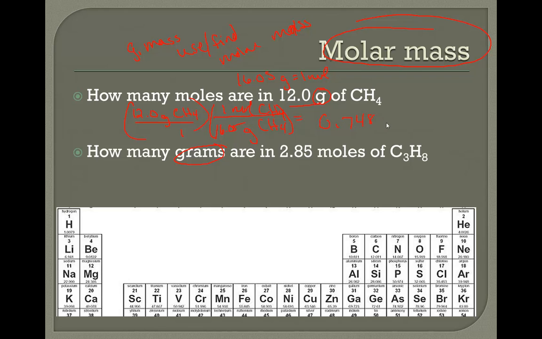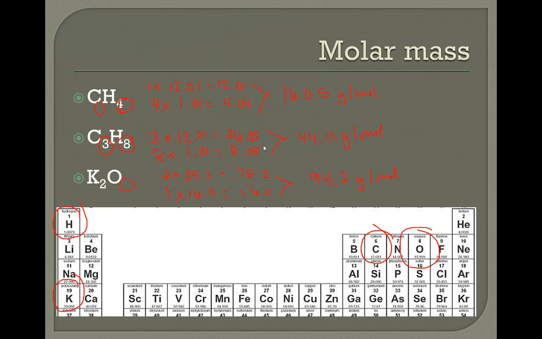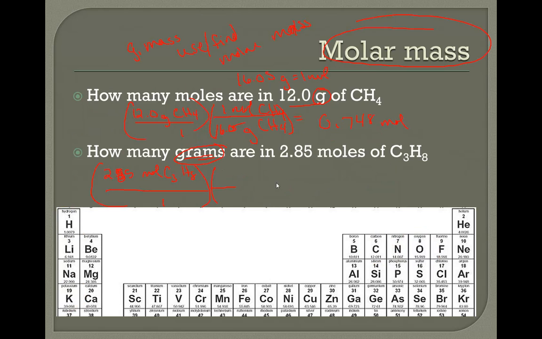Alright, so let's do another one. 2.85 moles of C3H8. I see the word grams, so I immediately look on the periodic table to calculate C3H8. 44.11. So I have moles on top, so I want to put 1 mole on bottom. And then the 44.11 grams goes on top. So that way the moles can cancel out. Multiply that across, comes out to be